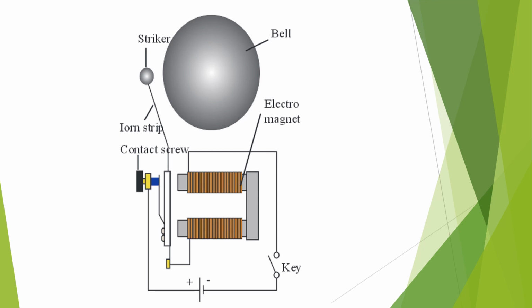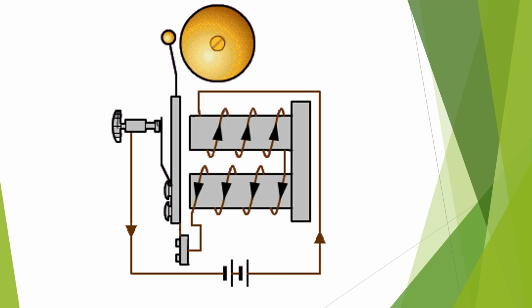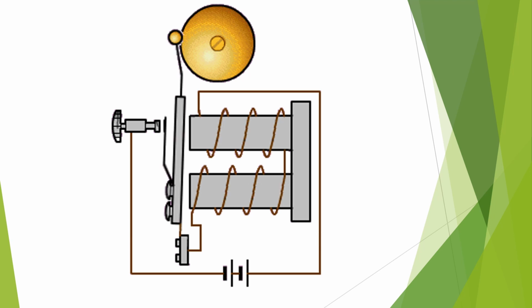We'll look at this. So when you are holding on to the contact screw, the plug closes, it becomes a magnet and the iron strip is getting attracted. The striker will hit the bell and there will be sound created. Okay. Now one correction: in the diagram that is shown in the text, there is a spelling mistake of the iron strip, so that has to be corrected.